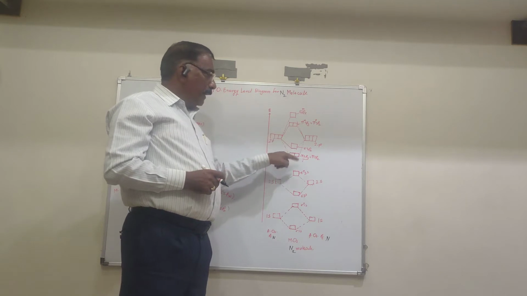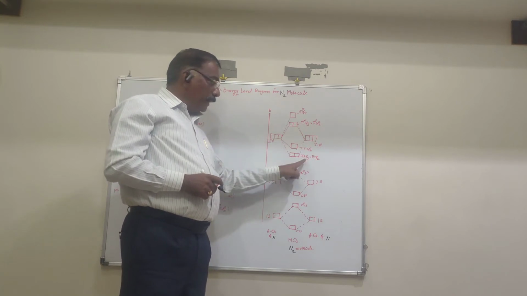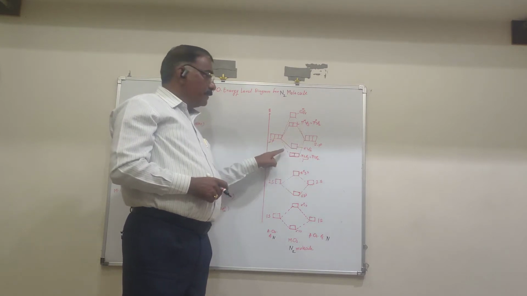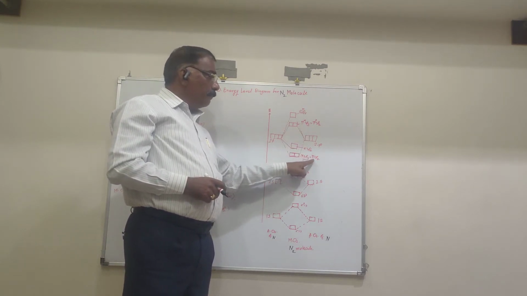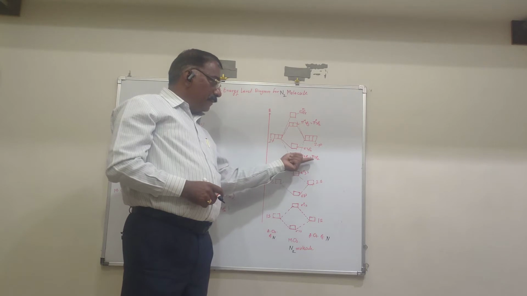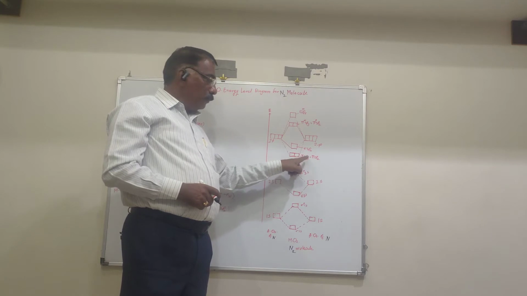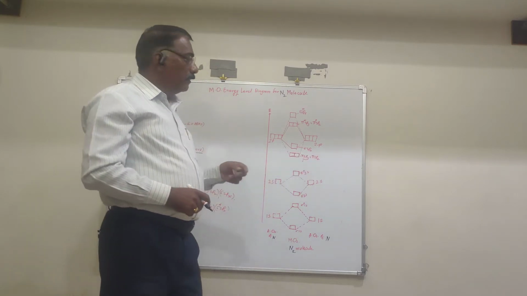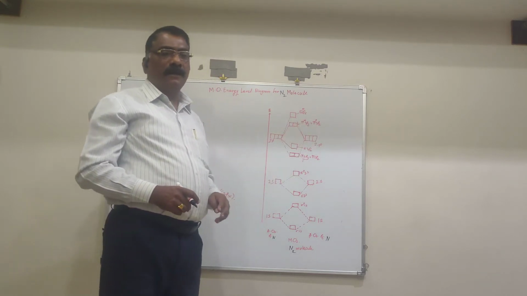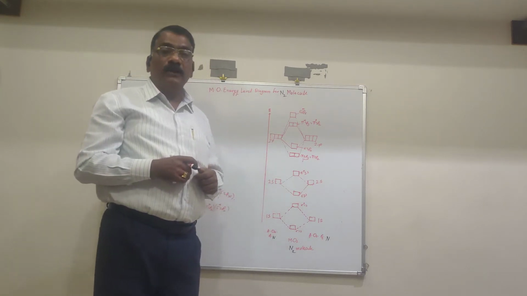Similarly, 2py and 2pz combine with 2py and 2pz respectively. 2py forms pi 2py and pi star 2py. 2pz combines and gives pi 2pz and pi star 2pz. The py and pz orbitals have similar energy, so there is formation of two BMOs, pi 2py and pi 2pz of equivalent energy. Similarly, the anti-bonding pi star 2py and pi star 2pz have equivalent energy. Thus, due to the combination of 1s, 2s and 2p, these molecular orbitals are formed.